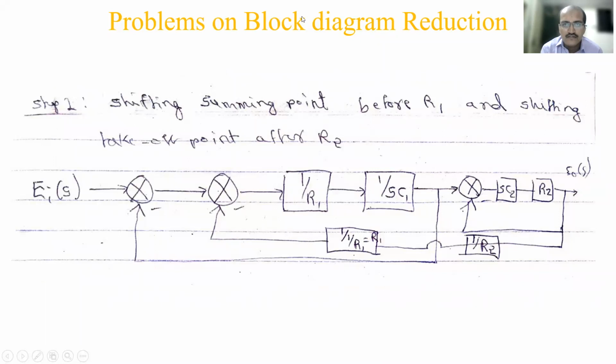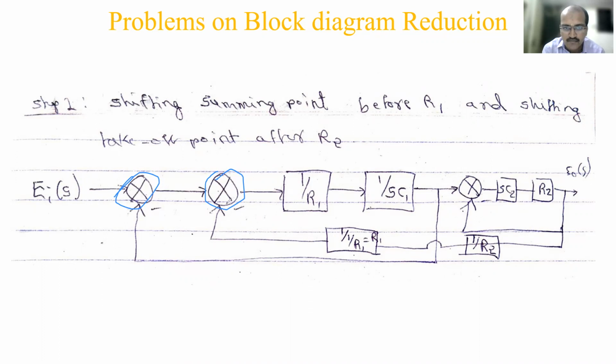What I have done here is we have studied in rule number 4, interchanging the summing point according to the commutative law, no changes. So this summing point and this summing point position, I'm just changing it, because the output is coming from this one. Normally, there is a tendency that whichever is coming from the final output, we should keep it at the first summing point so that there are no overlapping things visible.